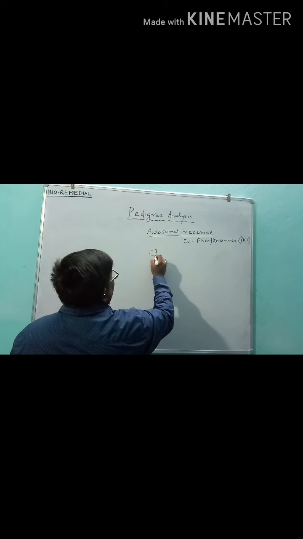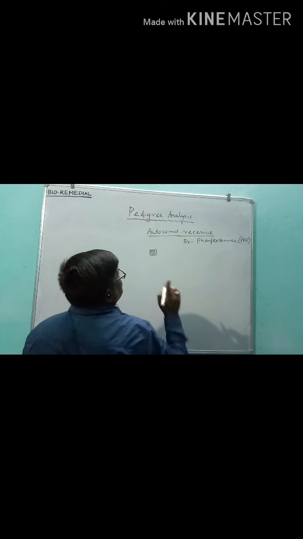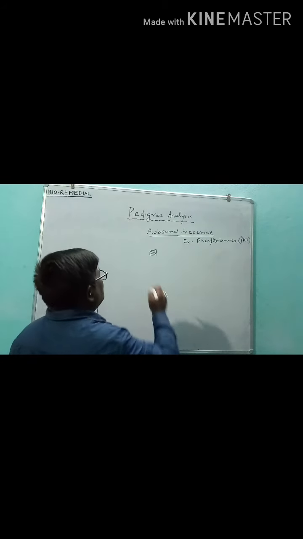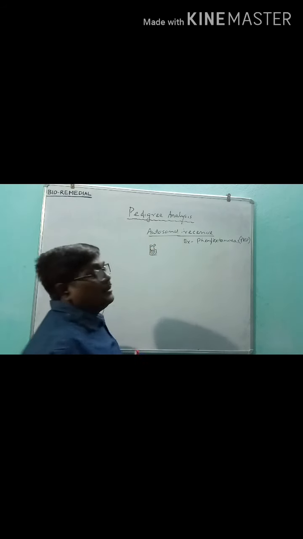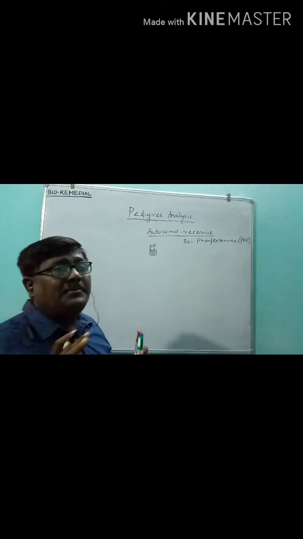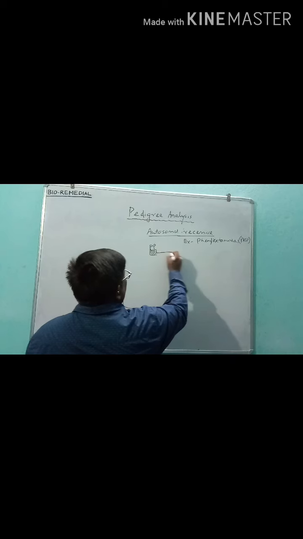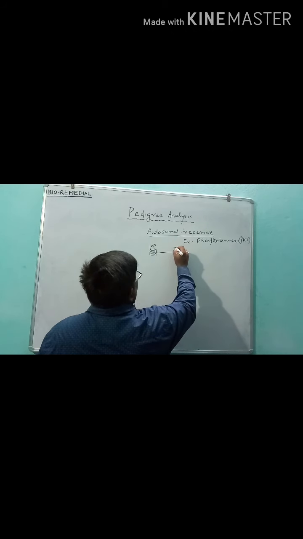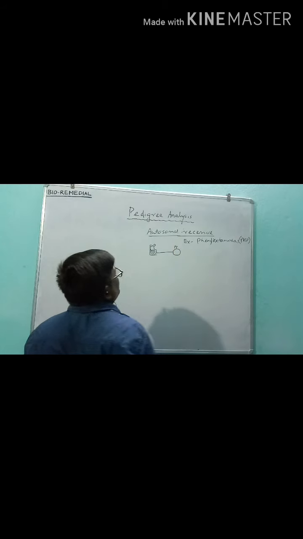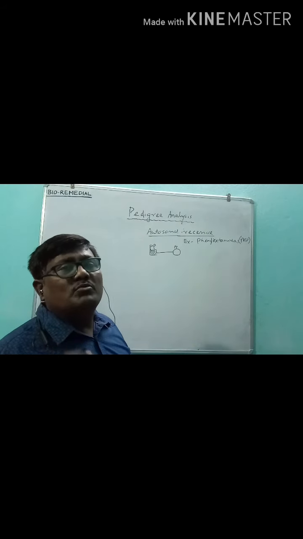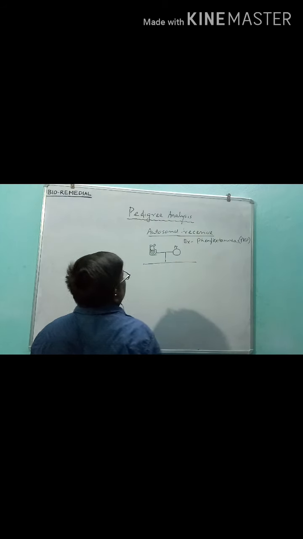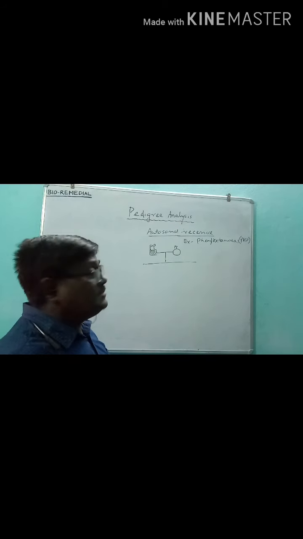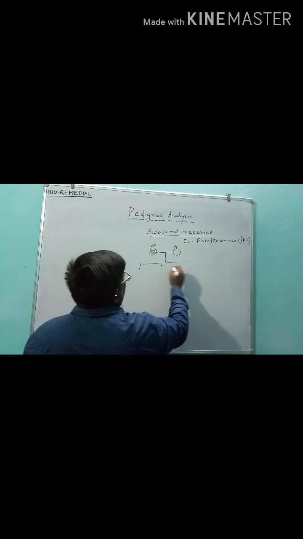Suppose a male individual is affected. That means, suppose the P gene is responsible for the disorder, then both the P genes are defective. I am drawing the capital gene as the defective gene. Now he got married to a normal female who has two small p genes, two normal, healthy genes. Now for the next generation, since it is a recessive disorder, let us make four combinations.